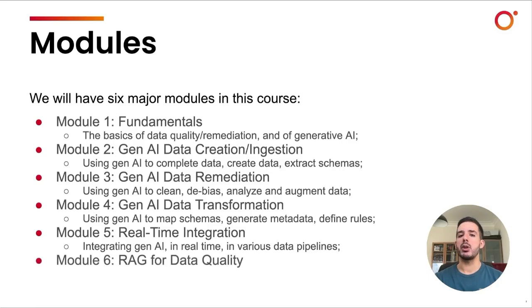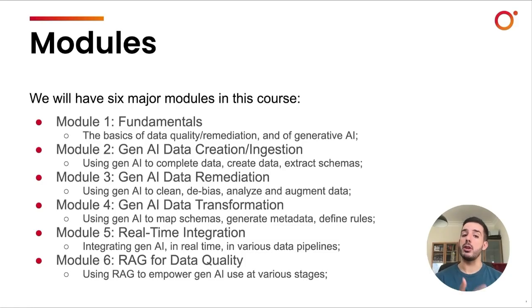And finally, our 6th module is going to be about RAG, or Retrieval Augmented Generation, for data quality. That is, we are going to cover how to use RAG to empower generative AI use at various stages. How can you use additional documents that provide additional context and information and help keep hallucinations in check, to remedy data, to cleanse data, to transform data in terms of schema